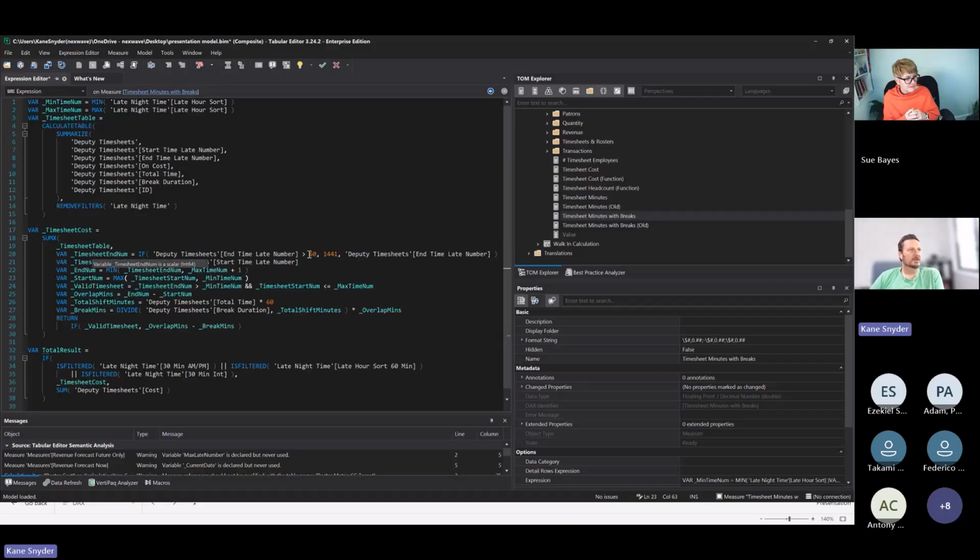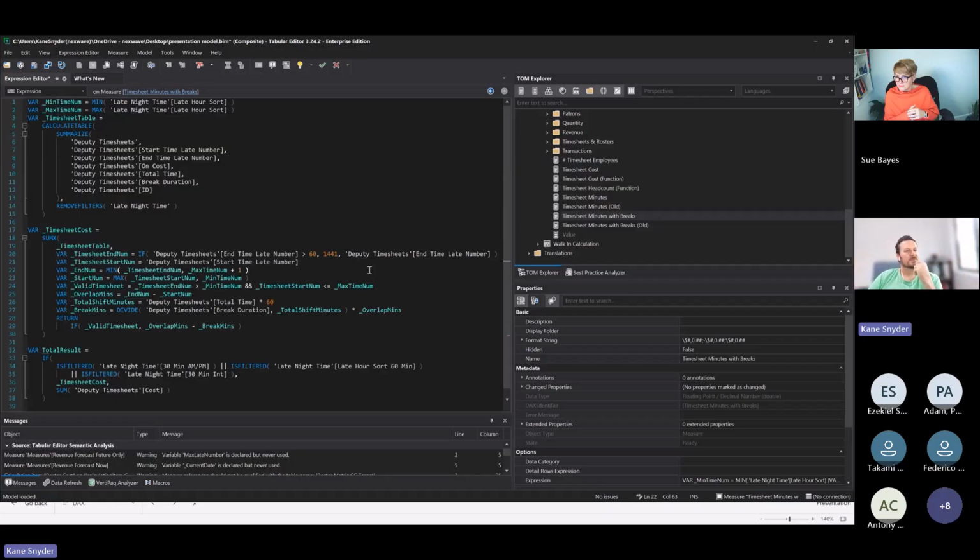For the end number, I put in a condition that says if it's greater than 60, make it 1441. Otherwise, just keep the same number. The reason for that, as I said at the start, is that you need to understand the business rules and logic. The day in this case ends at 2 a.m., but oftentimes people work past that cleaning up or closing up shop. So the numbers run all the minutes of the day until 1441. There's 1440 minutes in the day if you started at 0, but here it's 1 to 1441.